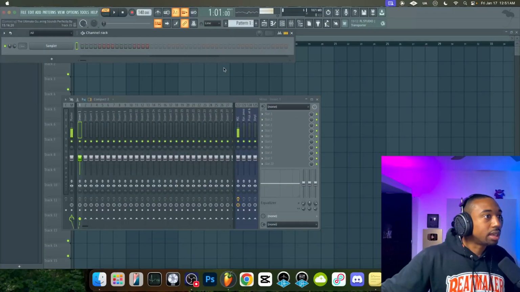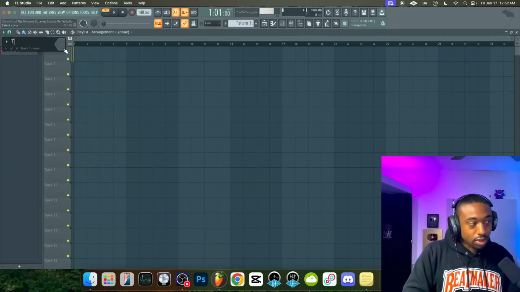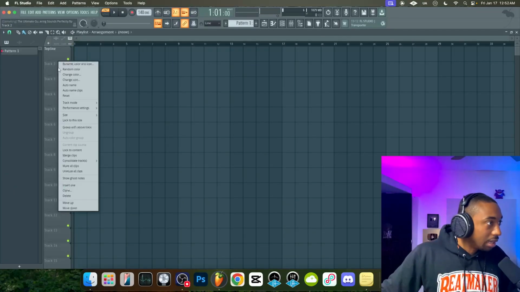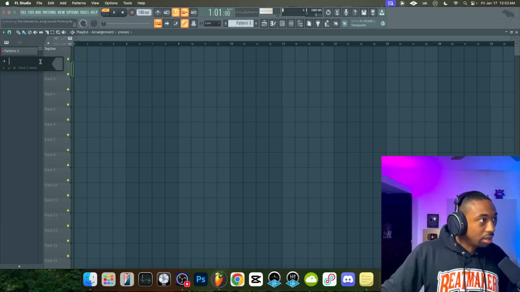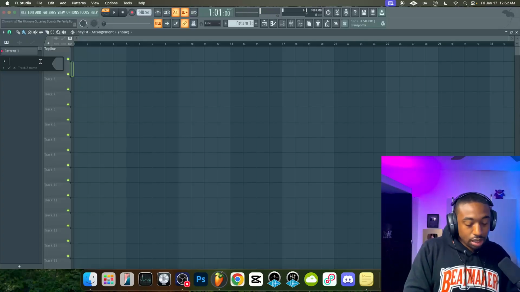What I'm going to show you again is my process that I created, and it comes down to 4 layers. So let's start to talk about these layers first. The first layer is called the top line layer. The top line is your memorable melody. This is the thing that creates the loop in people's head.